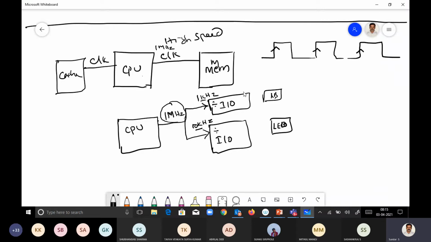Okay, so 1 kilohertz means what? 1 millisecond. So it can operate at 1 millisecond, something like that. So they have their own operating speed. That's why they are not able to work with this particular frequency. So they have their own clock. Interestingly, some IO devices also come with an internal clock generating circuit. Okay, so they're all very complex IO devices. Some IO interfaces have an inbuilt clock generating circuit. They do not even depend on the high speed clock from the CPU. So this is the difference between synchronous and asynchronous.